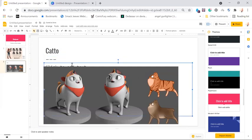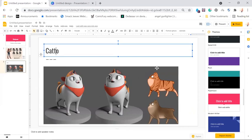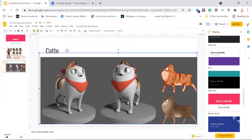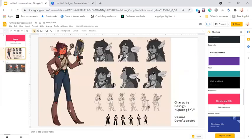All right, maybe you don't need this one. And then you go, you know, and say something like, make this one nice and big. Meow. And then in here, so if the name of the project is Kato, you can do the other thing around where you can label everything big on the top. So you either do it this way, when you make it big and label things on the side, or